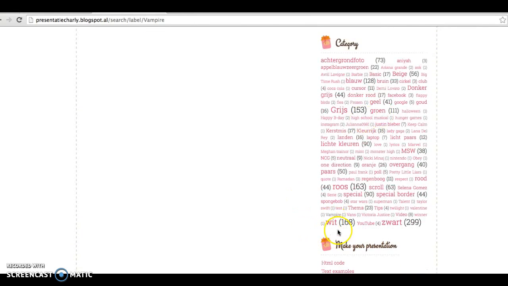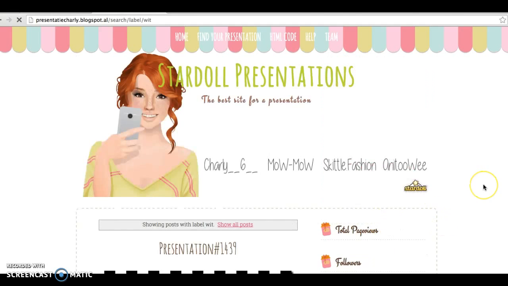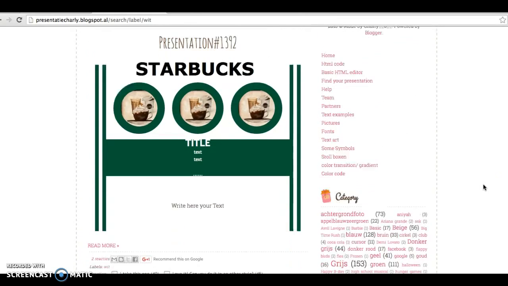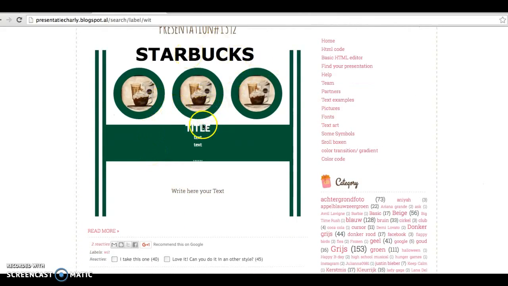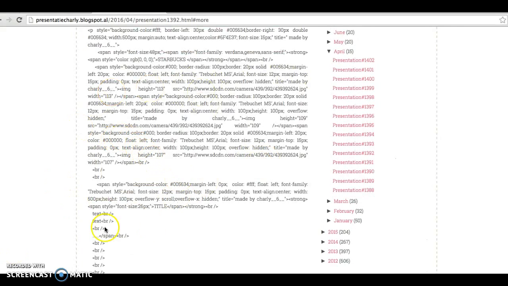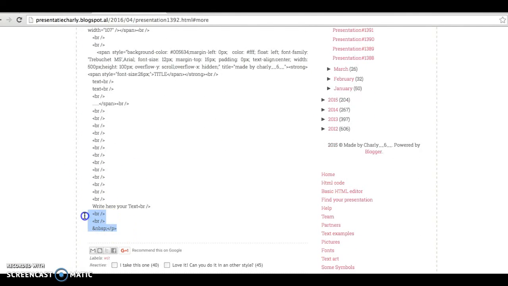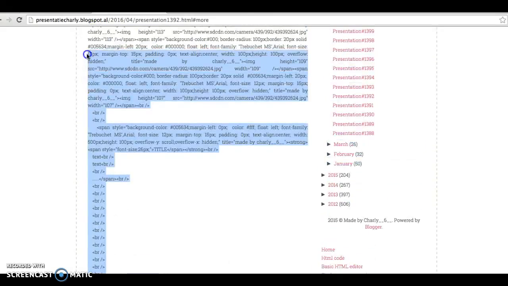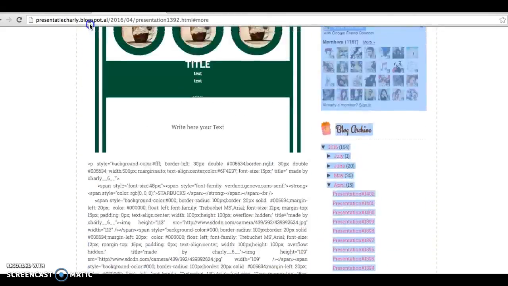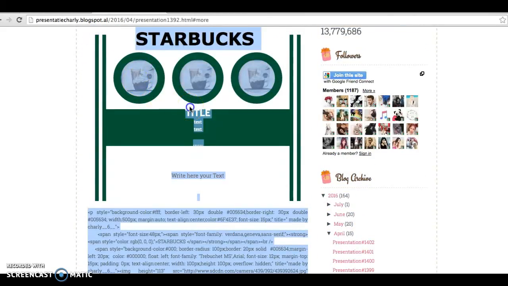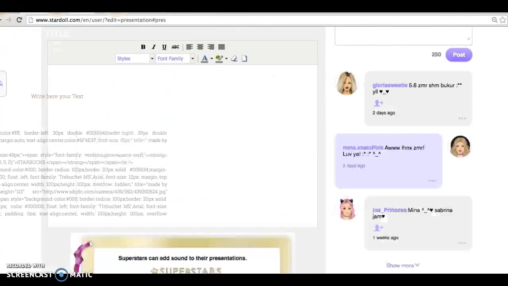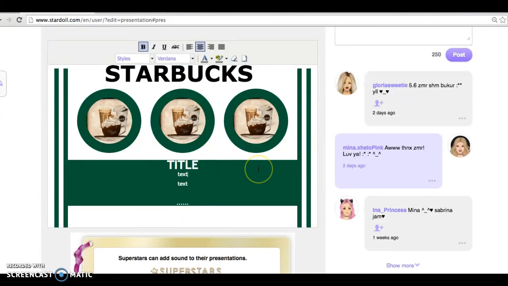My personal presentation I choose right over here, because there's so much black and white color. Okay, I'm trying this. To go, you should click the button read more, and then you should end up here, and there are some of these. You should select and copy all of them, like I'm doing right now. I'm using a Mac, and the copy button doesn't work, so it's a bit hard.